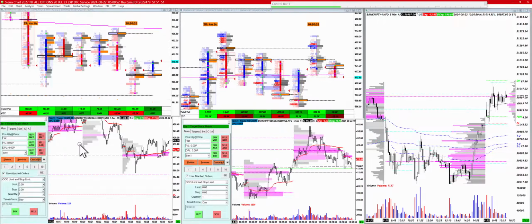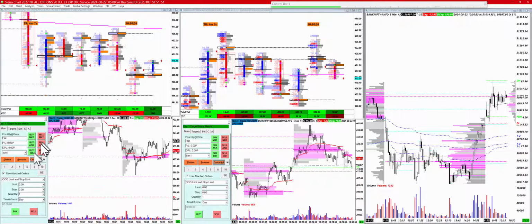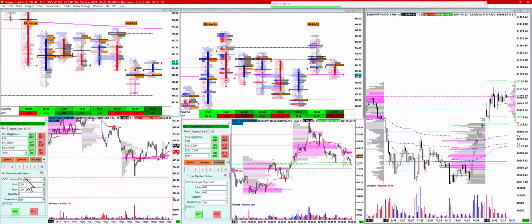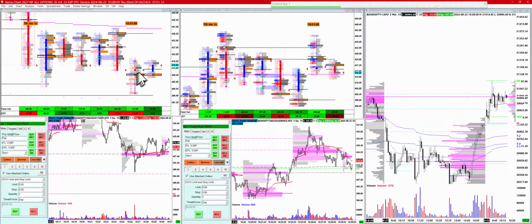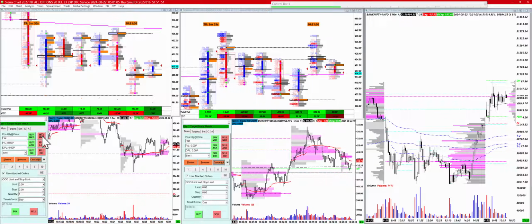Okay, so what I've done is I've attached a bracket order. What it does is it helps you; you can see buyers getting trapped here. What you can do is let it take a